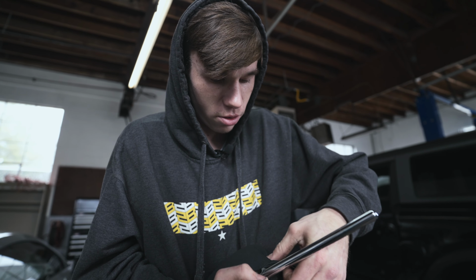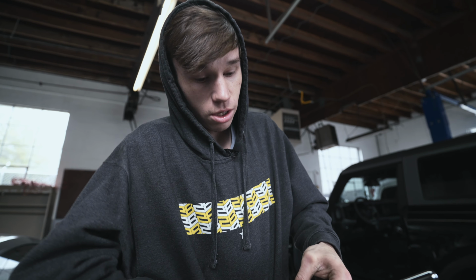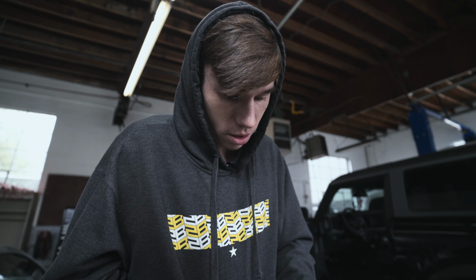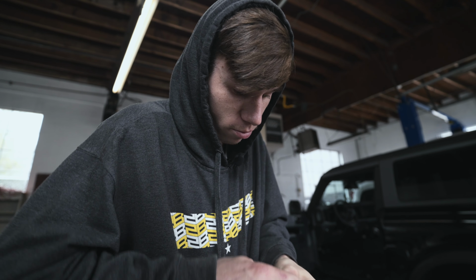I know some people just take a razor blade and cut them right off, but I'm sure the customer would like to keep these, so I'm taking my time taking everything off. That way if they sell them or do whatever with them, they're able to go back on. It would be easier if I could just cut them off, but